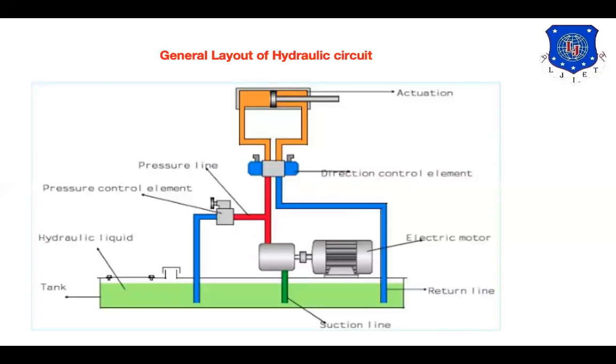Now let us understand that in detail. Normally we need to draw a schematic view, so this diagram we can draw in the exam. First of all, we have a reservoir. Above the reservoir, we mount the electrical motor which will drive a pump. As the pump is driven, it will suck the liquid from the reservoir and deliver the high pressurized fluid to this bypass line as well as the main line. This is called the bypass line.